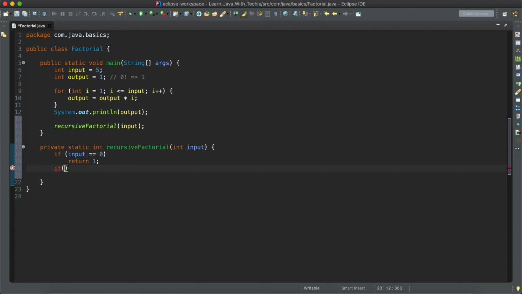And if the input is 1, again we are going to return 1. In the remaining cases we are going to return input into recursive factorial of input minus 1.